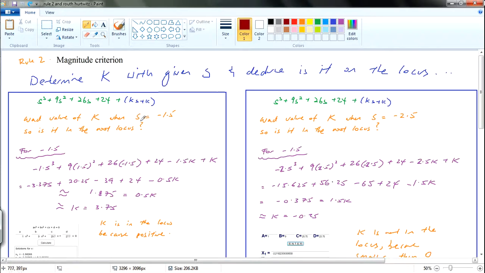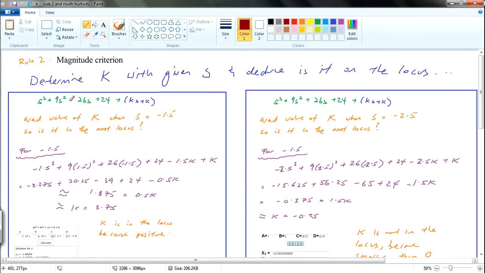Say if I sub in my value of s into all these terms, you will have minus 1.5 cubed plus, it's the same thing, then ks is minus 1.5k, and plus k. Then I rearrange. Since these are all values with no coefficient of s or k, you can straight away add this value, minus away this one, and eventually you get this. You can solve for k already. It's pretty much quite easy.